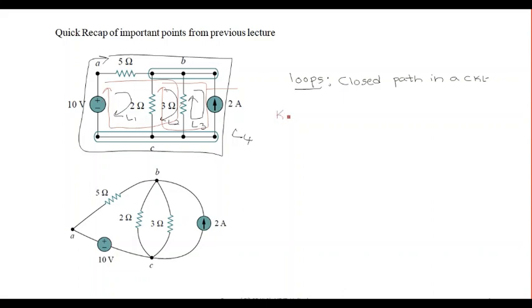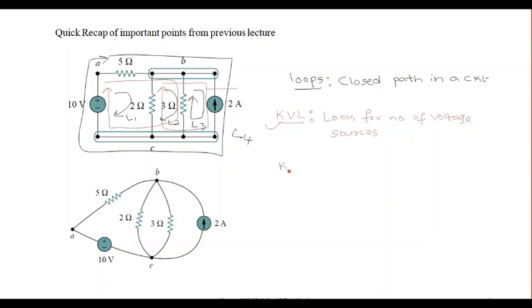use KVL. If you want to apply KVL, then look for the number of voltage sources. It is basically a very small trick you need to use. It is not like a rule. You can apply KCL as well, but in a circuit, if you find that there are more voltage sources, then it will be better to apply KVL.